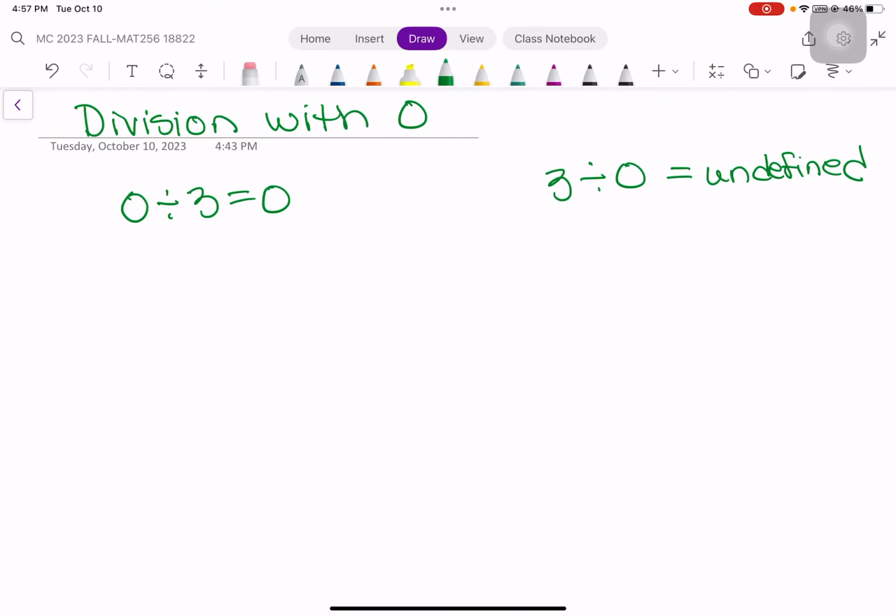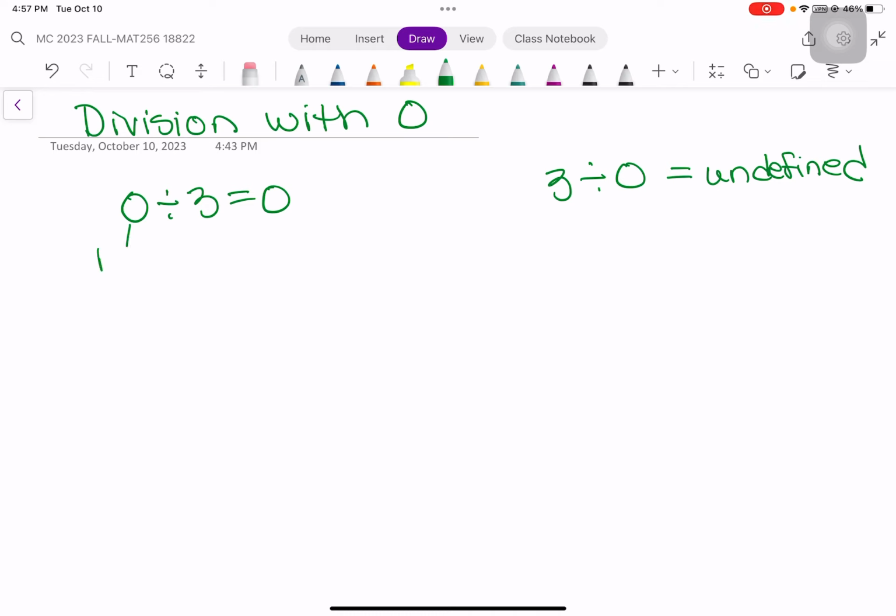All right, so this video is explaining division involving 0. So there's two problems, 0 divided by 3 and 3 divided by 0. I've written in the correct answer because a lot of you know that that's the correct answer, but you're not sure why. So first of all, you watched a video and there was an explanation in the video that said